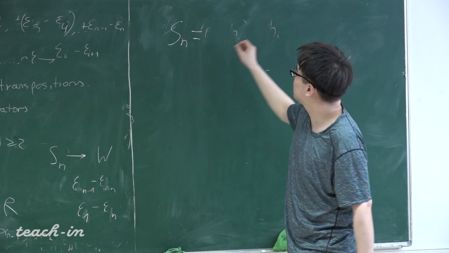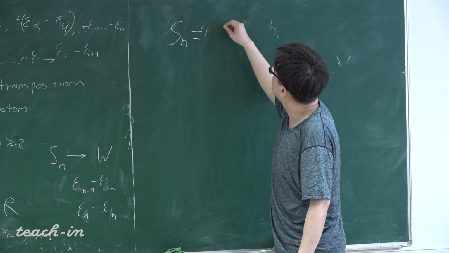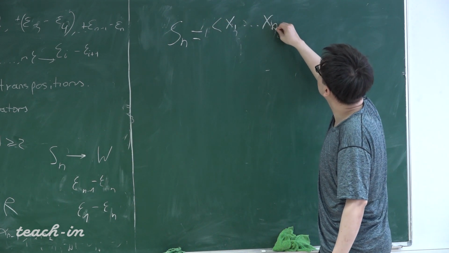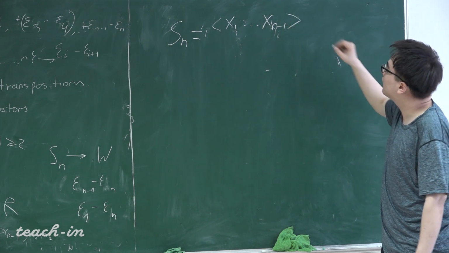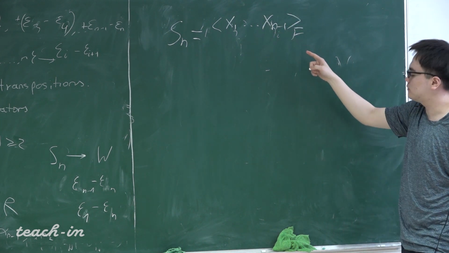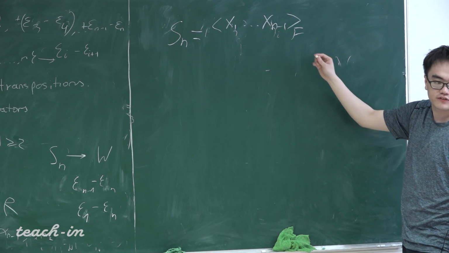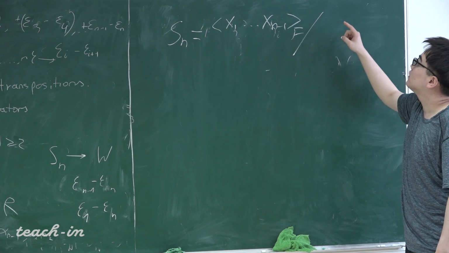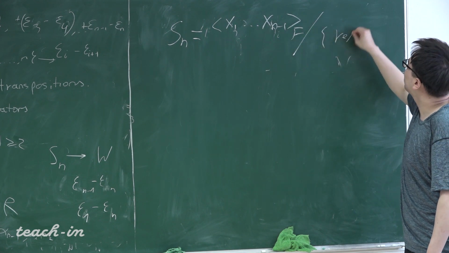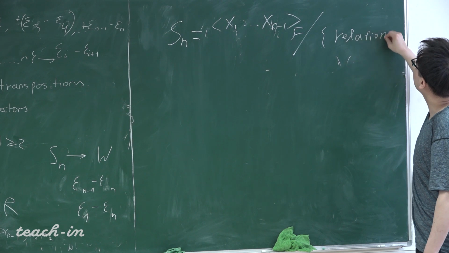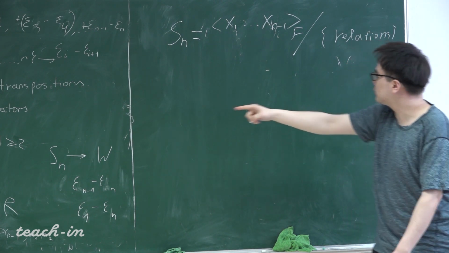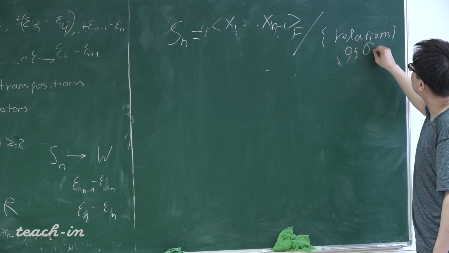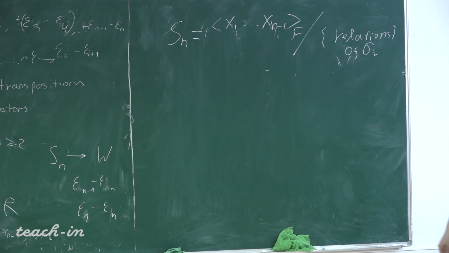It's like some free group generated by n minus 1 generators, modulo some relations. Exactly this, right? Yes, the relation is. Yes. I got the solution of sigma, and